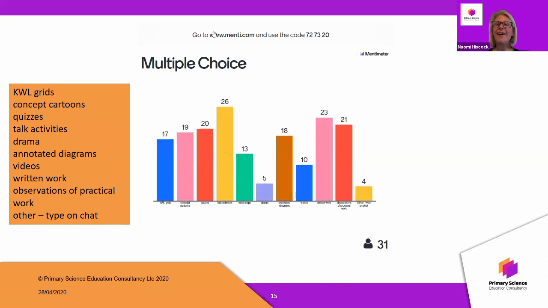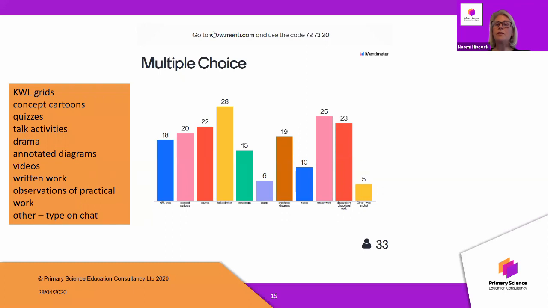So two people, Martina and Amanda, have talked about photographs, and particularly for younger children and early years. And I think that is really important, because the children are not able to write and record things for themselves. So it is those observations. Photographs in themselves do not necessarily give us assessment information, and it is that pupil voice that goes alongside them. So it's sitting down with a pupil perhaps and asking them to explain what they were doing in that photograph. So sometimes it's about reflecting on that photograph afterwards.